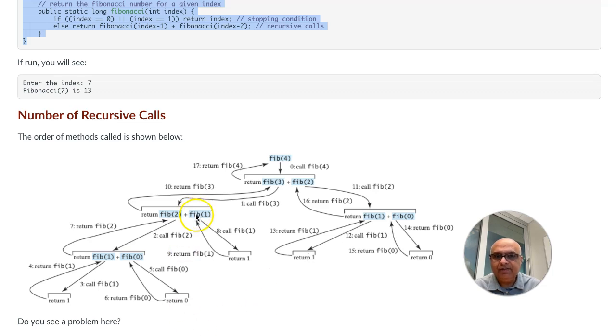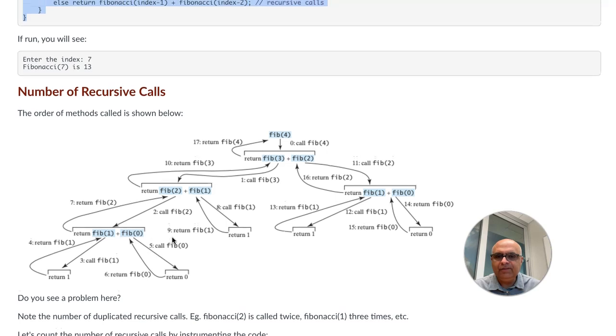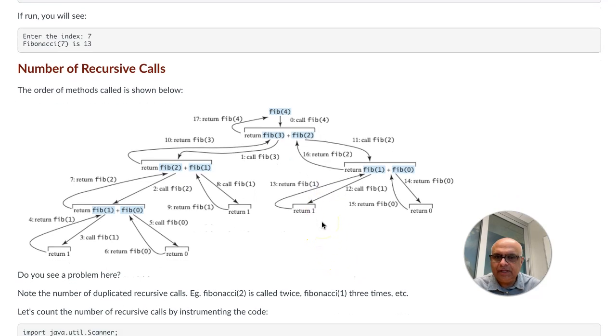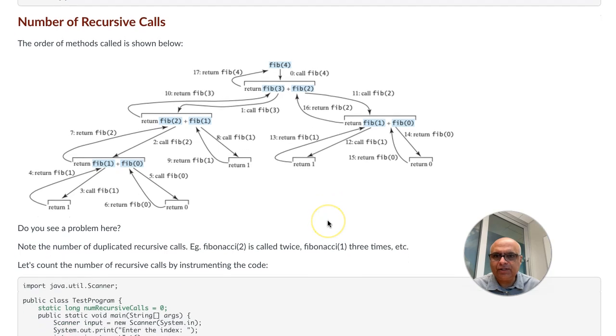You can see Fibonacci 1 here, Fibonacci 1 here, Fibonacci 2 being called here, Fibonacci 2 being called here. So there's a lot of repeated computation going on. In fact, Fibonacci 2 is called twice, Fibonacci 1 is called 3 times, and so on. So you can imagine if you're doing Fibonacci of 10, there's a lot of duplication. Right. So actually, we can see how much duplication there is, or how many recursive calls there are,